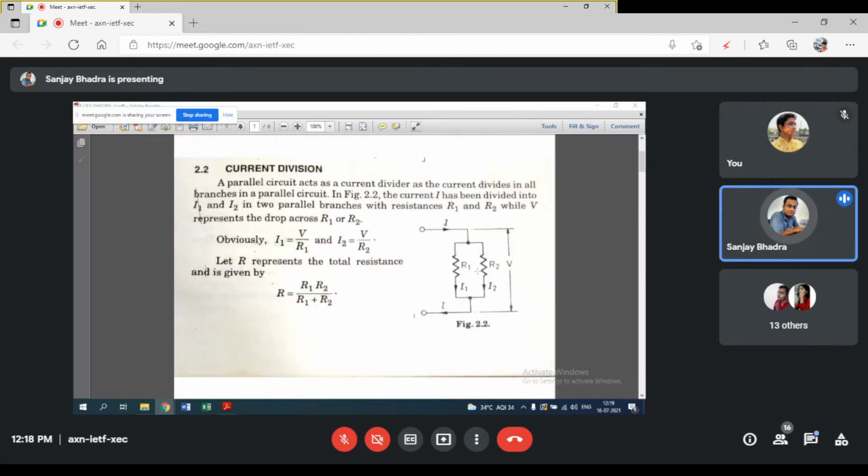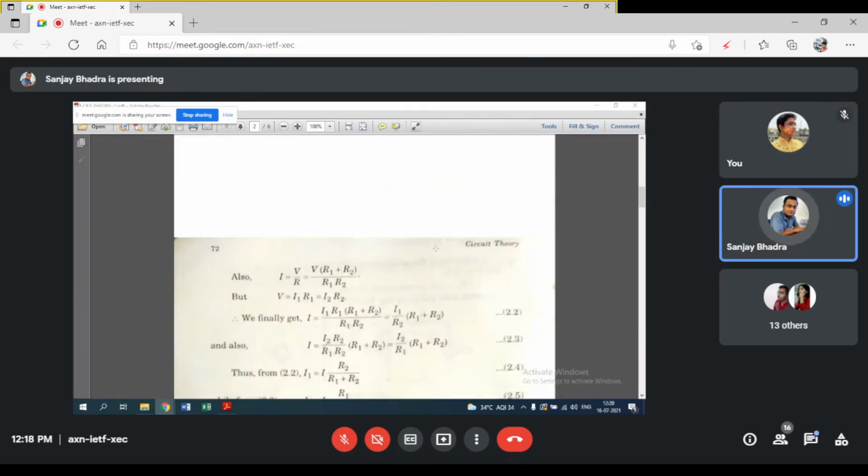So if we just get back to the formula, if we are trying to find out the branch current I1, just for you remembering it during the exam time, you can write it as: the branch current I1, which is flowing through the first resistance R1, would be the opposite resistance which forms the parallel combination, that means R2, divided by the sum of resistances, that means R1 plus R2, into my source current. What is my source current? That is I. So that is exactly what is written over here.